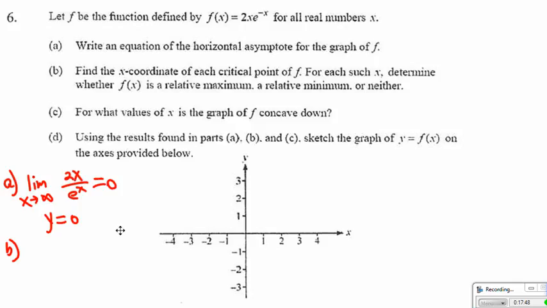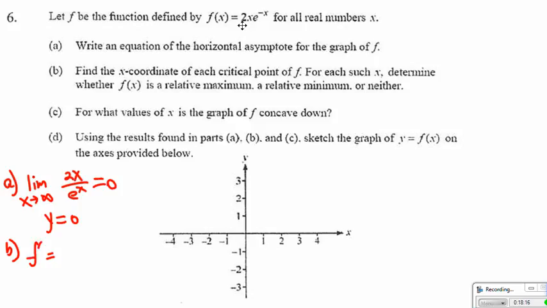Find the x coordinates of the critical point of f. Since this expression will never be undefined, we will be looking for the place where the derivative is equal to 0. So in order for us to do that, f prime,